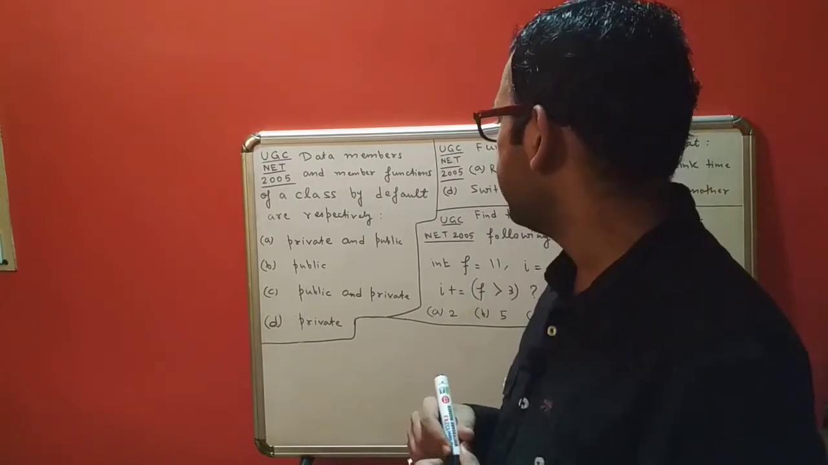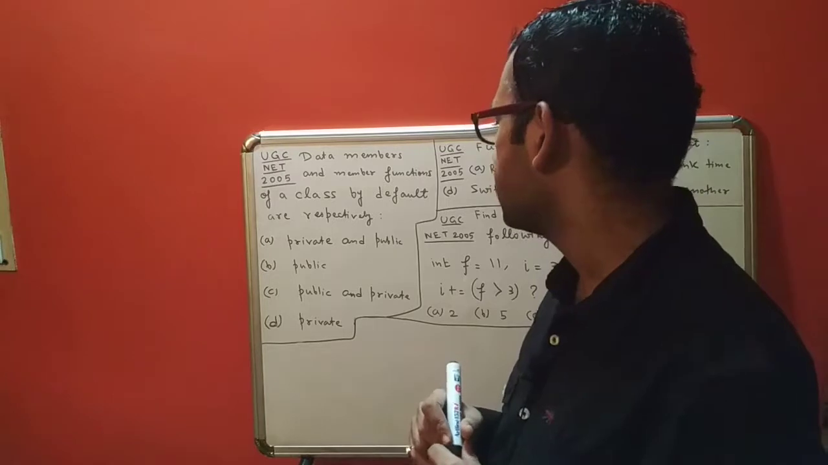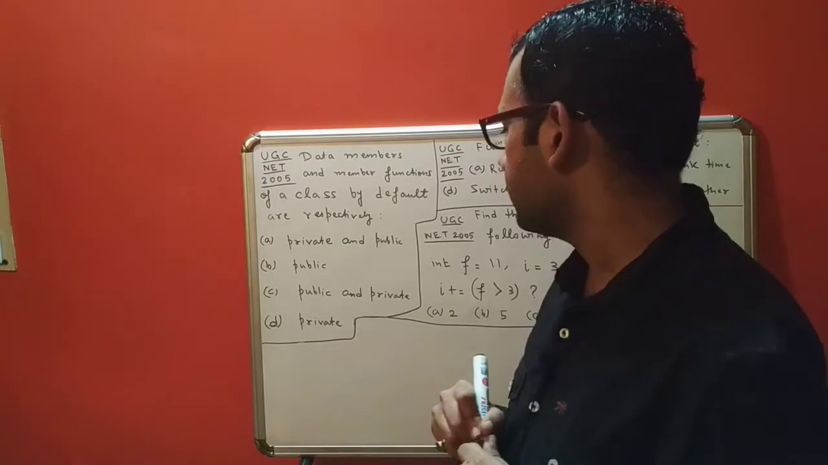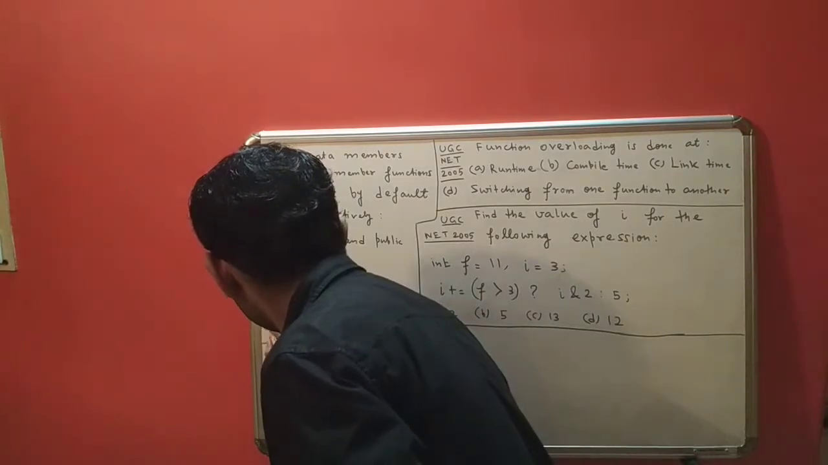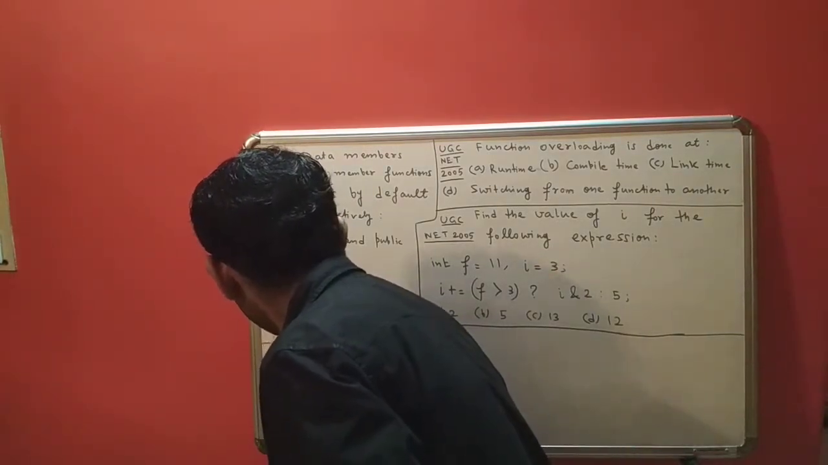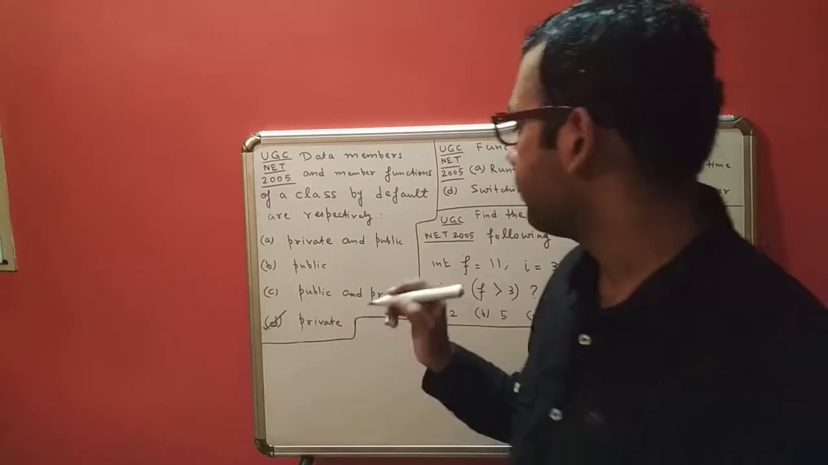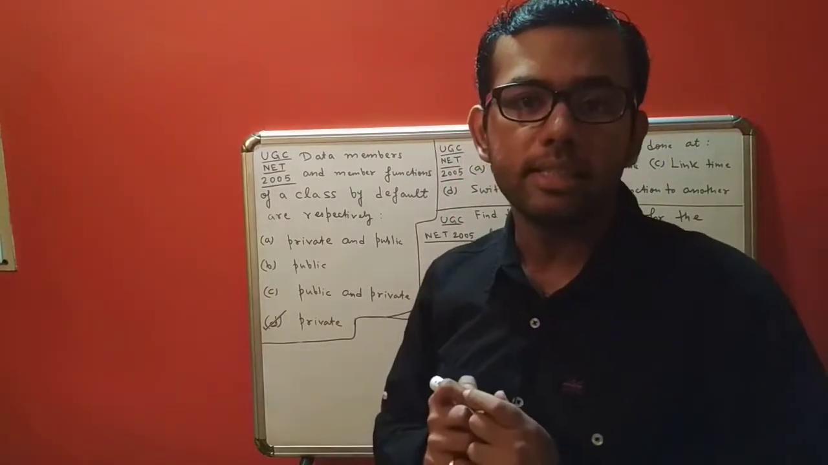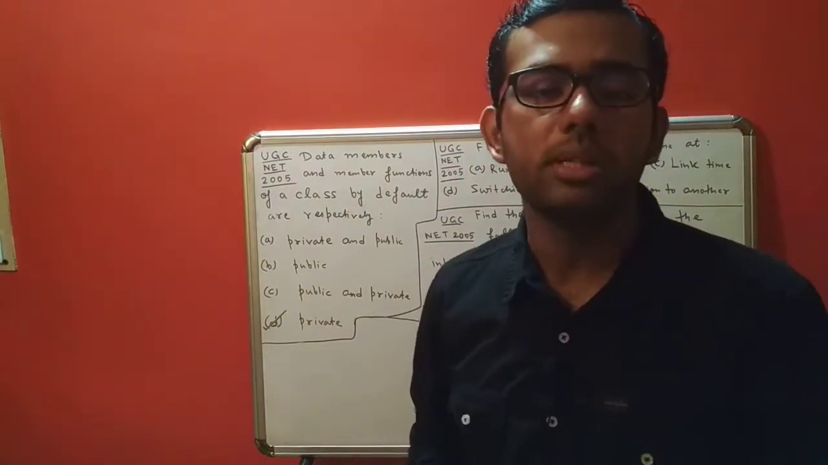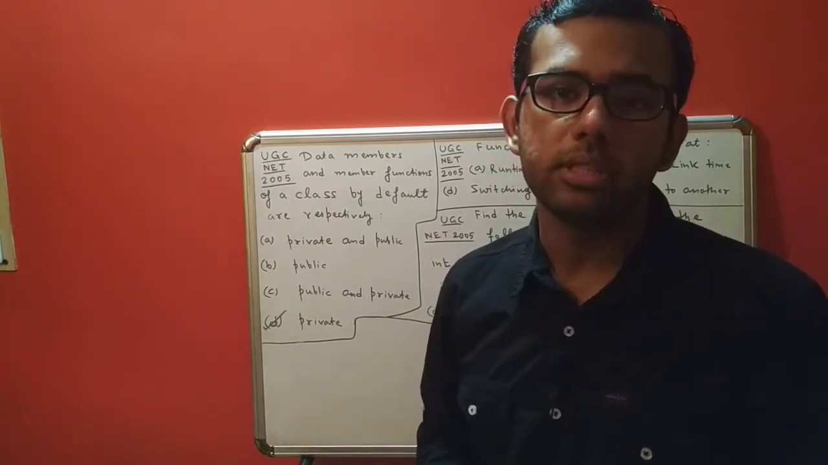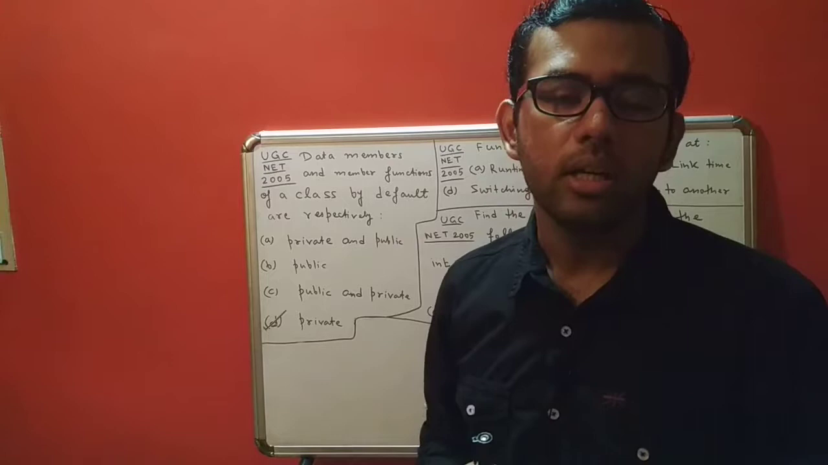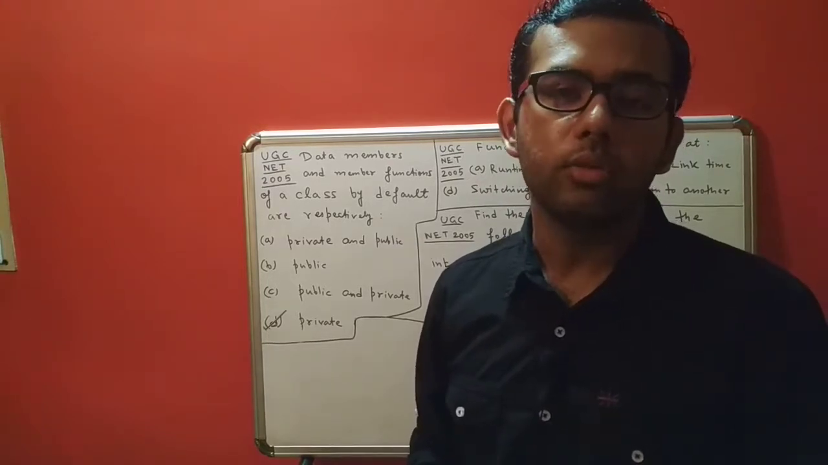Remember, if the access specifier is not mentioned by the user, then by default it will be private. By default it will be private. That is option D. But is it desirable to make both data members and member functions private? A class which will have both data members and member functions as private will be practically of no use, because